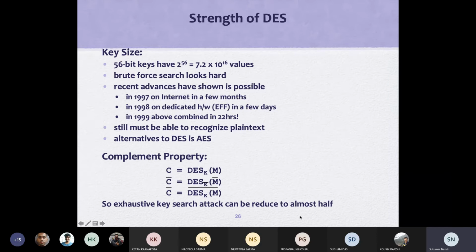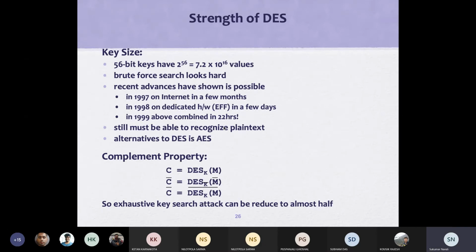Now coming to the strength of single DES, it has 56-bit keys, 7.2 times 10 to the power 16 values. There are a lot of attacks, and it was found that this is not usable.